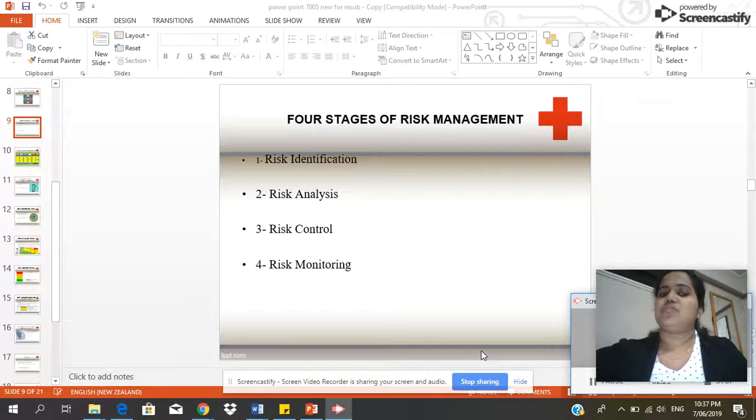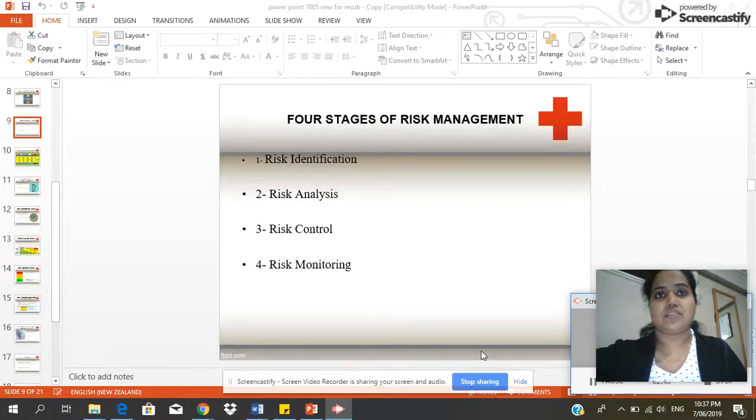So the monitoring should be done to check whether the outcomes are achieved or not. If not, then we check the problem and can act. So these are the four steps of risk management. Then we are looking at the risk management